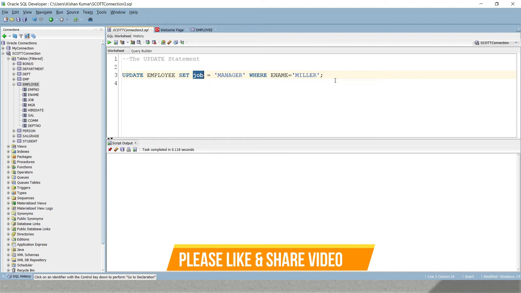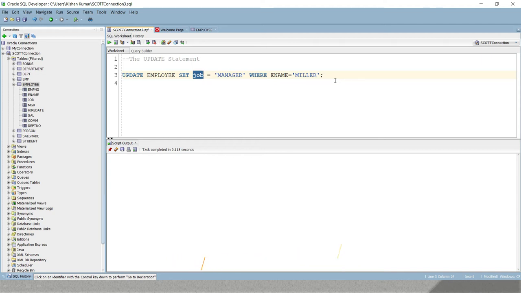Let's say I would like to increase the salary by 10%, and give a new commission of 15% of the salary for employees from department 30, right. But I don't want to update salary as well as commission for all the employees. I want to update salary by 10% and commission by 15% for department 30 employees who are not eligible for the commission at present. So first of all, if I look into the employee table,